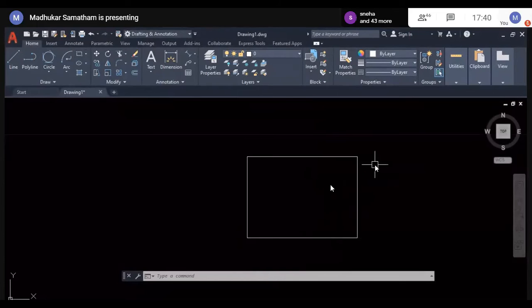Diagonal starting point, ending point, once you select, by using those 2 points, it will calculate the other 2 distances by using the trigonometry method. It will generate the rectangle. That's a simple option of rectangle.